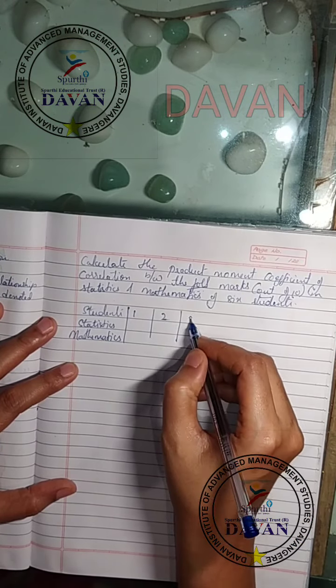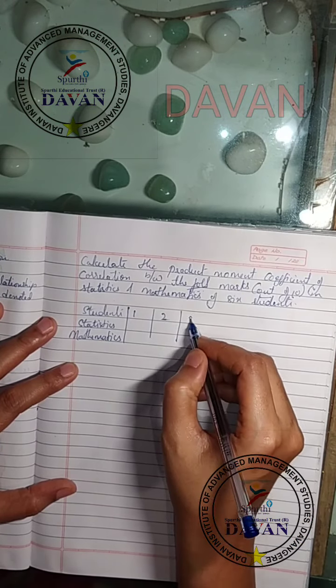So this is the question they have asked you, and they are asking you to calculate the product moment. Product moment is nothing but the Karl-Pearson. So the other name for the product moment is Karl-Pearson. Once you see the name product moment, do not consider it is not in the syllabus, but they meant to say that it is a Karl-Pearson coefficient of relationship itself. Now, how do you solve this problem?